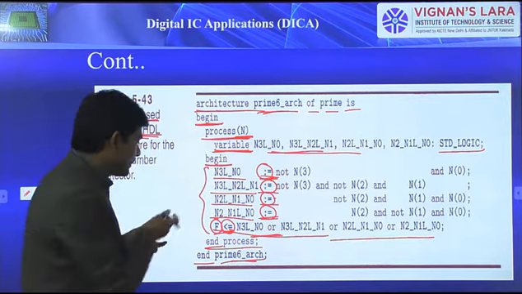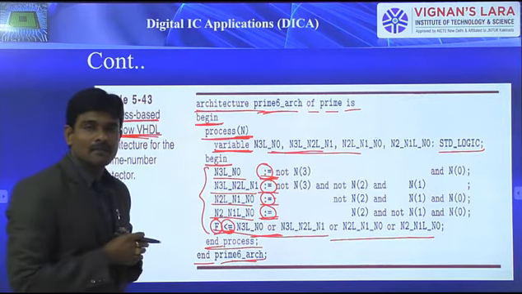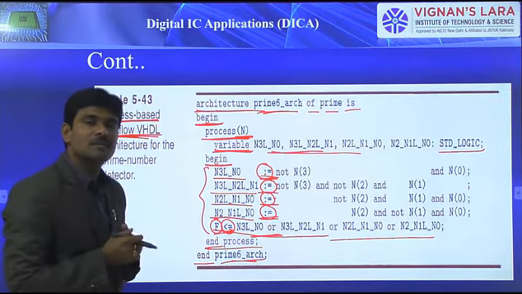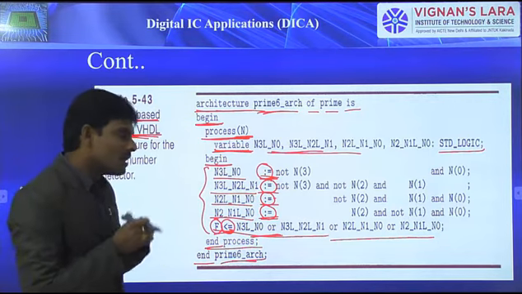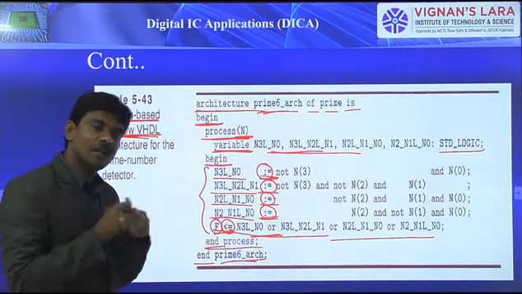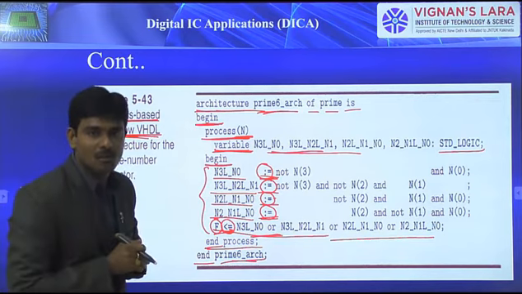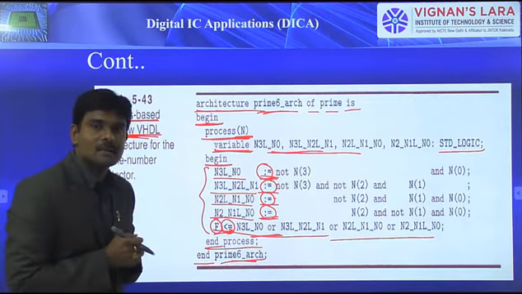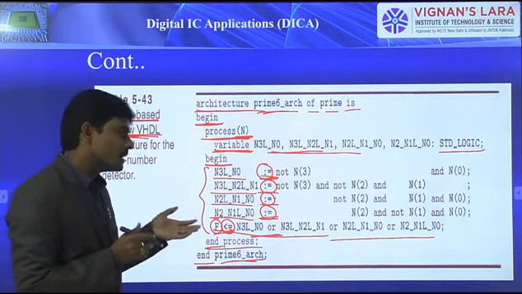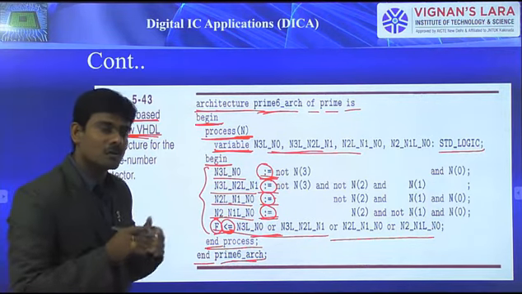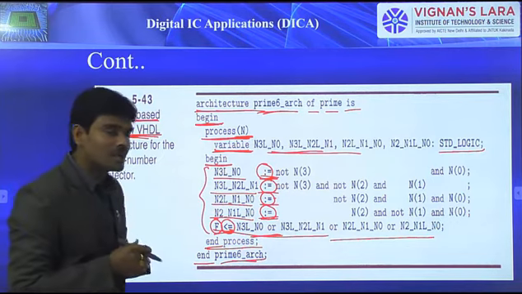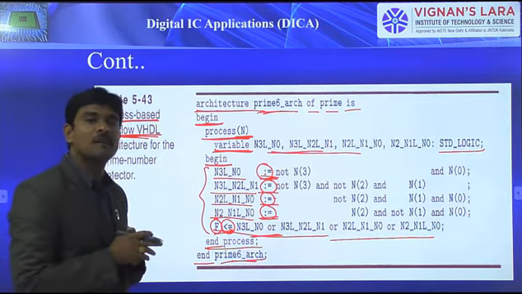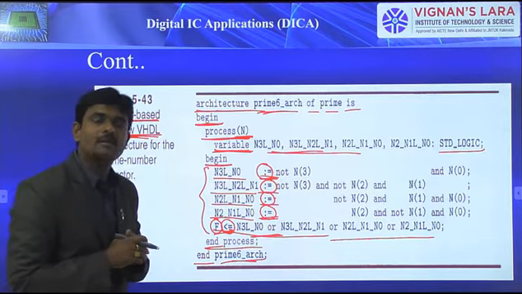Anyway, this is how to write a program by considering those two sequential statements. We have several more sequential statements, and using those we can write programs in a much more behavioral way. But these are just the introduction part of sequential statements. In the next classes we will study the other sequential statements that we have, and based on that, how easily we can represent the program in behavioral description style. Anyway, thank you. Thank you.